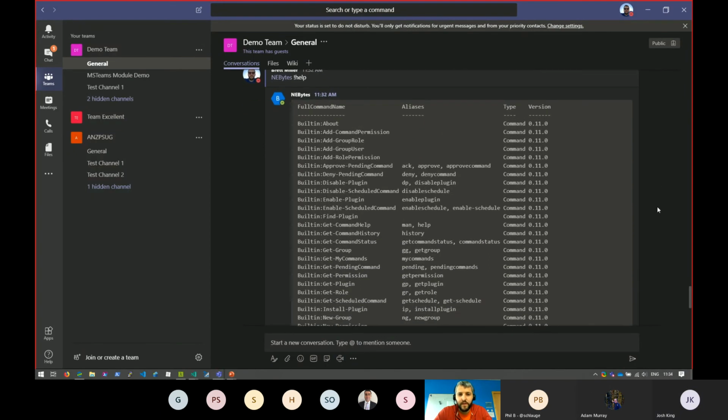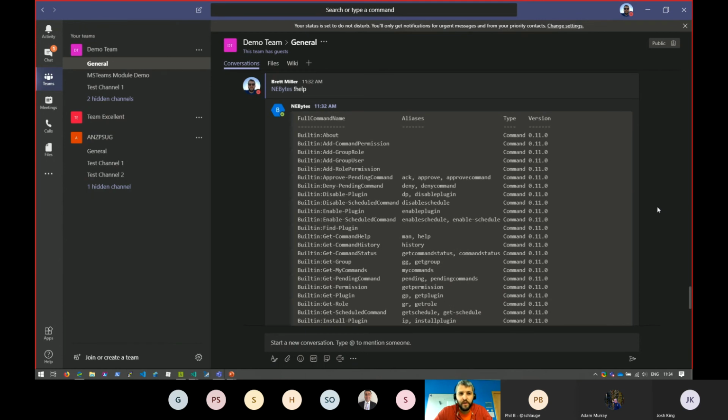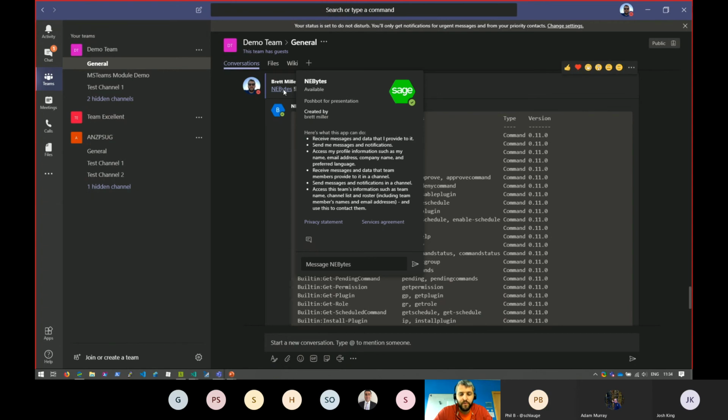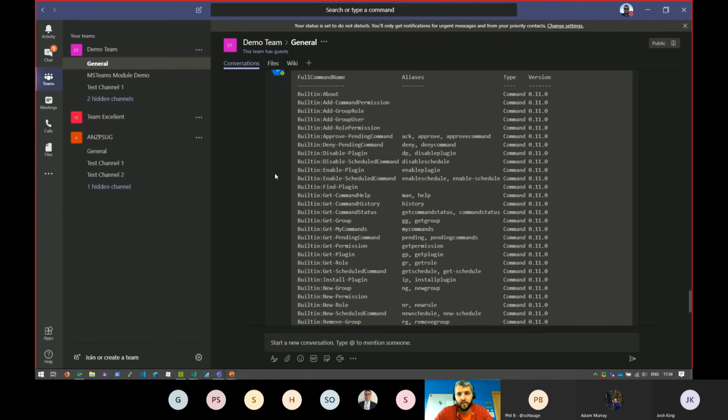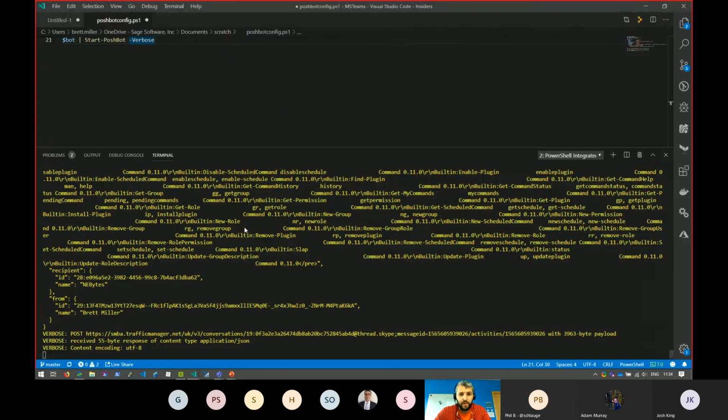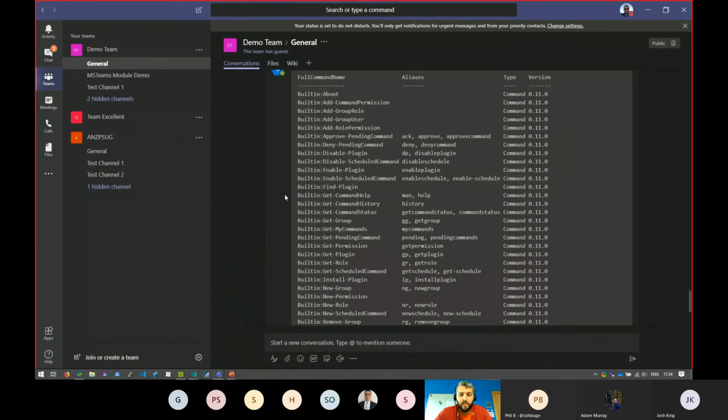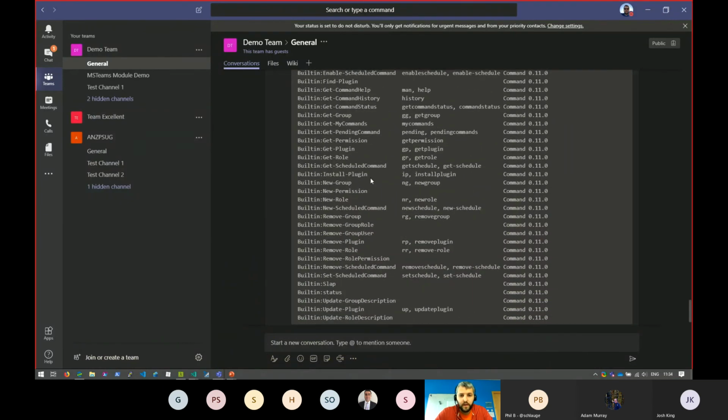So these are the built-in commands you get with Pushbot. This is just a bot where I've previously done this presentation. You hit it, it sends it off to the function, drops it in the message queue, and then Pushbot, which I'm just running locally here, picks up off the message queue, acts upon it, and then sends a message back. And these are the things you get. And like I said, you can install plugins. Plugins are effectively PowerShell modules. You can do all that from within Teams. You don't have to go and install them.